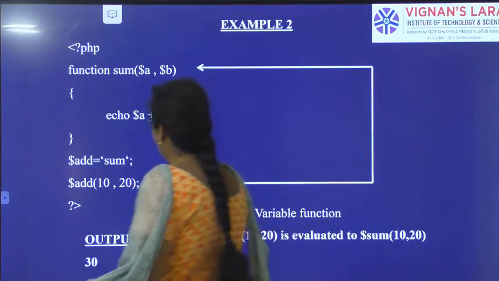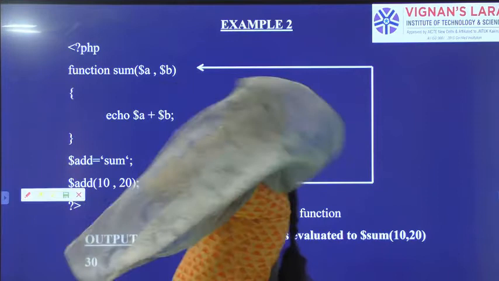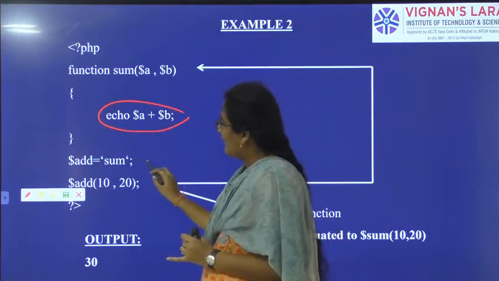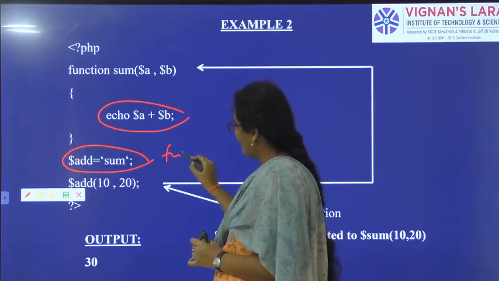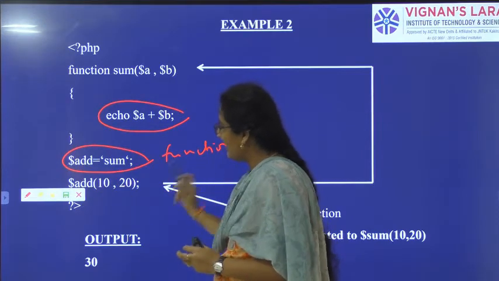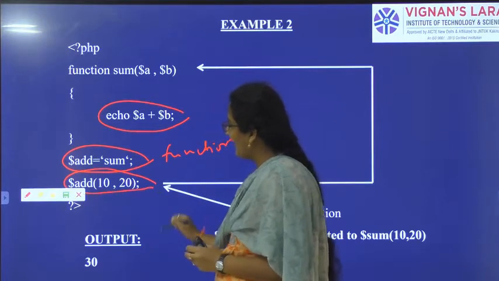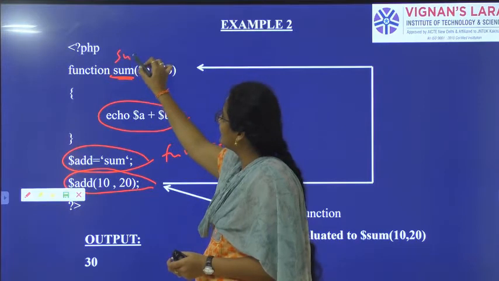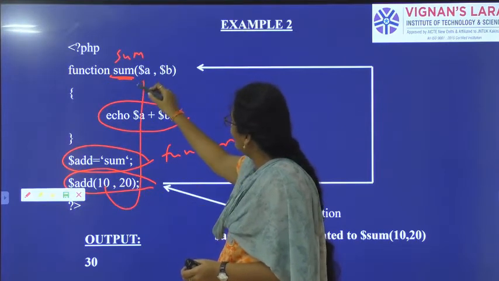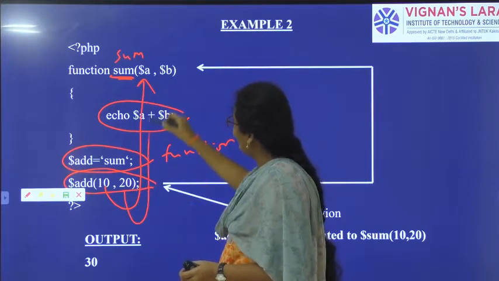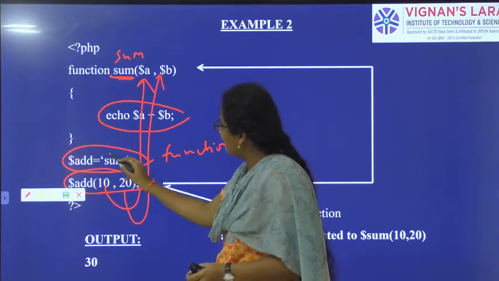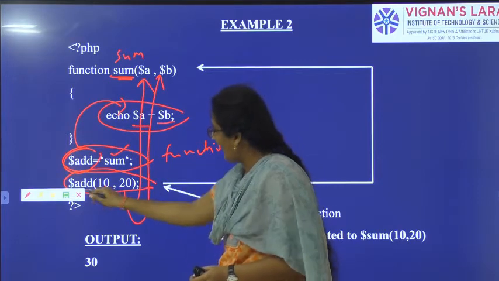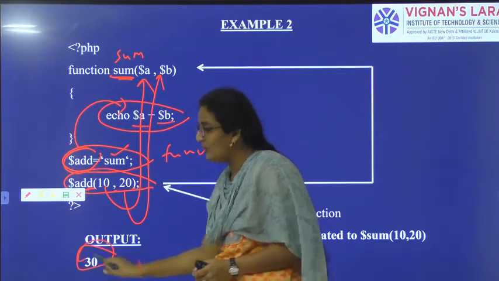So see this example. Here we will get the output 30, because adding $A and $B, good. You should add that using the sum function. Sum is also a function, that is also good. The values of $A and $B are 10 and 20. Here you have declared the function sum. So the 10 value $A will be taken, the 20 value $B will be taken. Sum equals add. Adding means $A and $B. Adding $A and $B, so we will get the output 30.